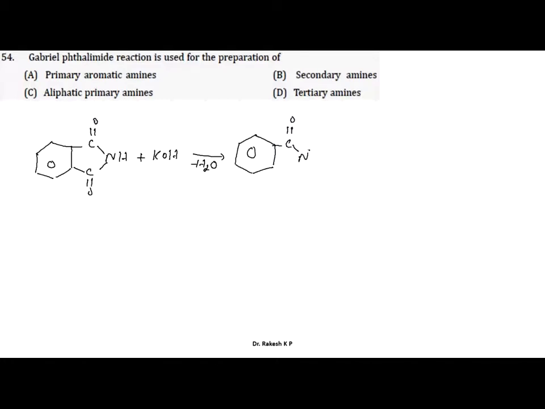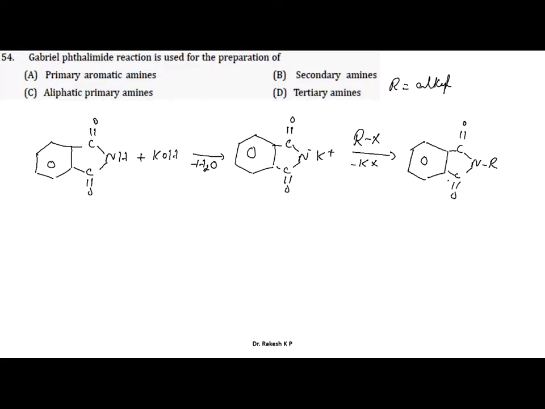Here I indicate the minus and the plus, with the C double bond O. This potassium salt of phthalimide then reacts with the alkyl halide. Remember one thing, here the R should be alkyl. I'll tell you the reason: why is R only alkyl? Why can't it be aryl? The byproduct is the potassium halide, and the main product is the N-alkyl phthalimide.